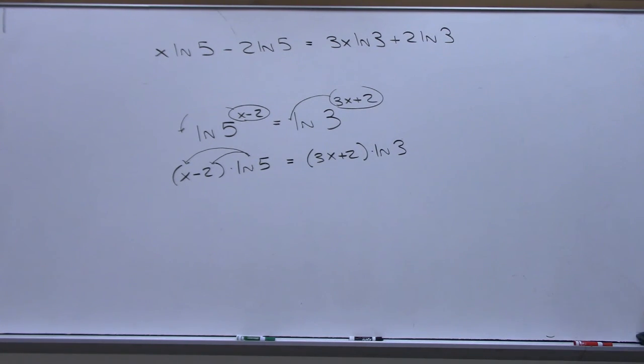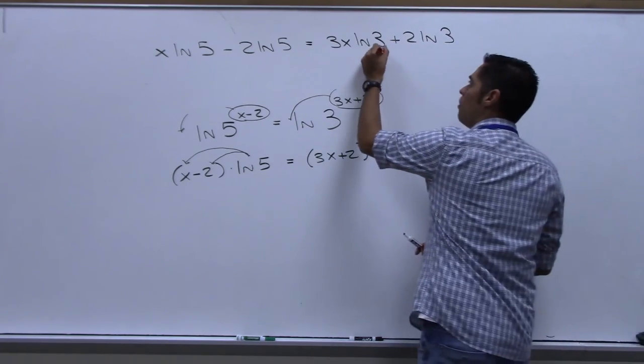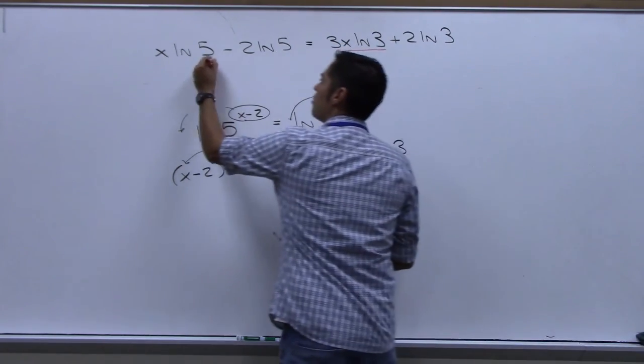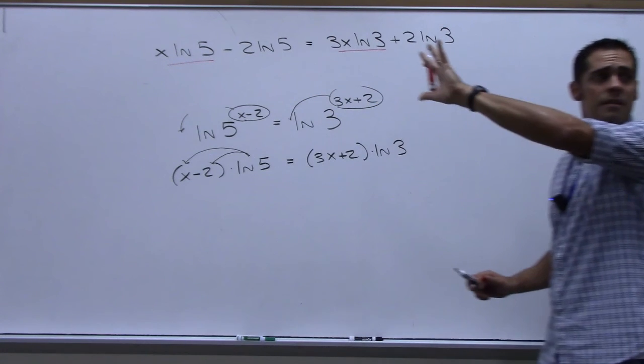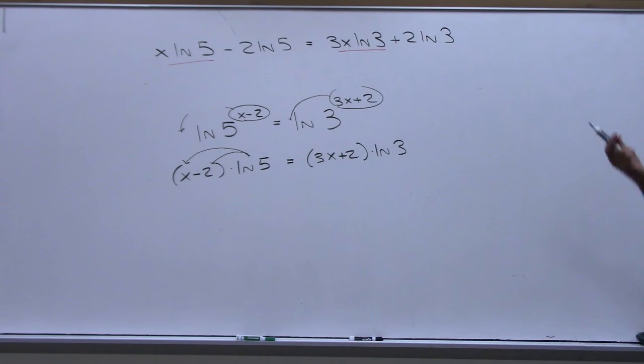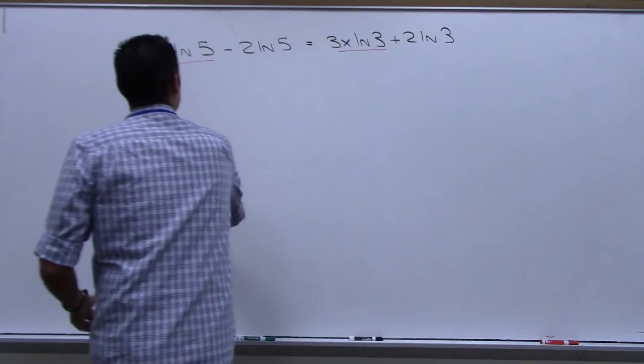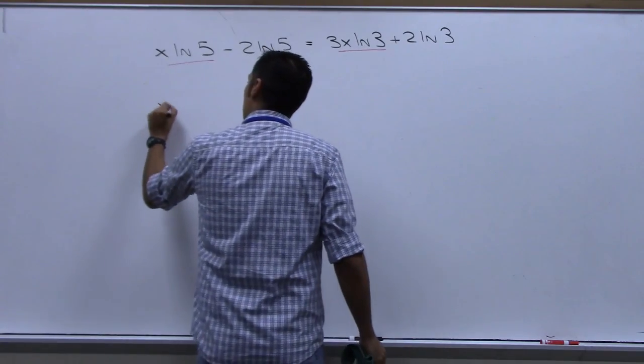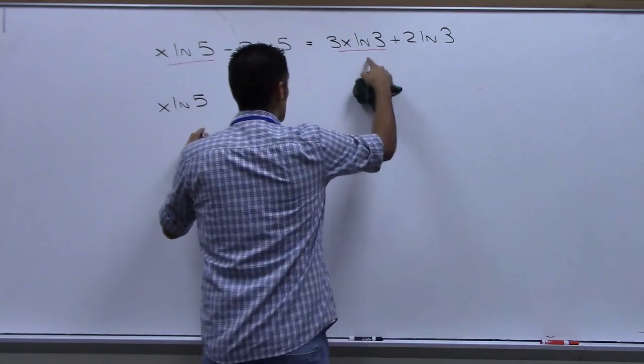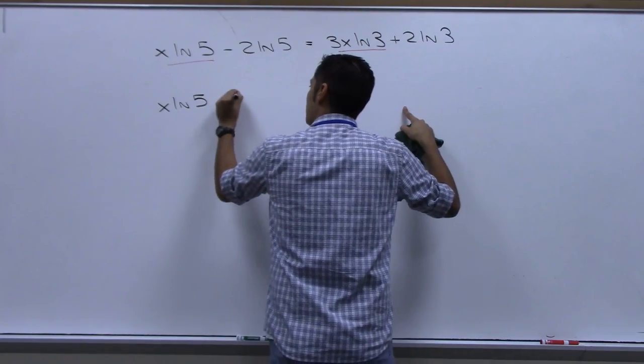Now I've freed the x's from the parentheses. So let's get all the x stuff on one side. We're going to move those to the left side. Everything that does not have an x, let's move it to the right side. All right, so here we go. I have x natural log 5, bringing this one over, minus 3x